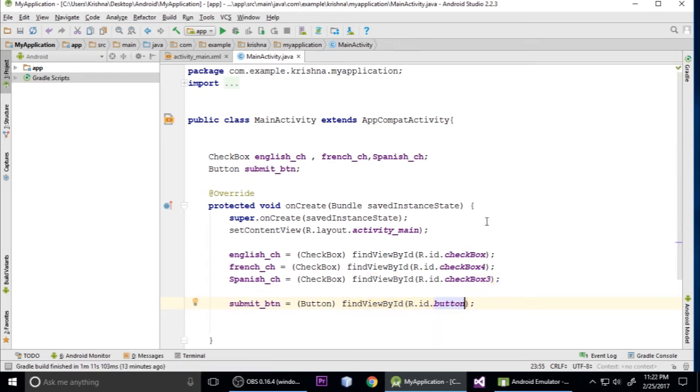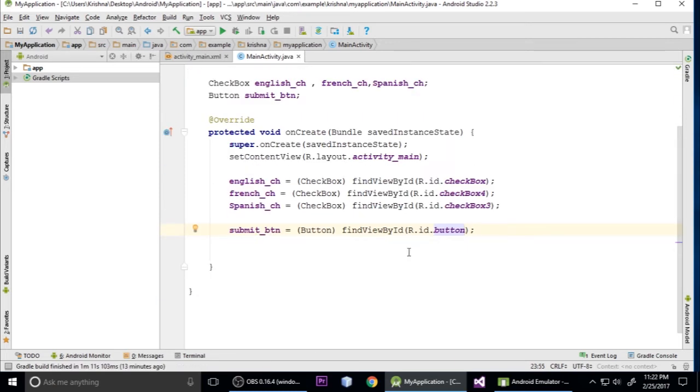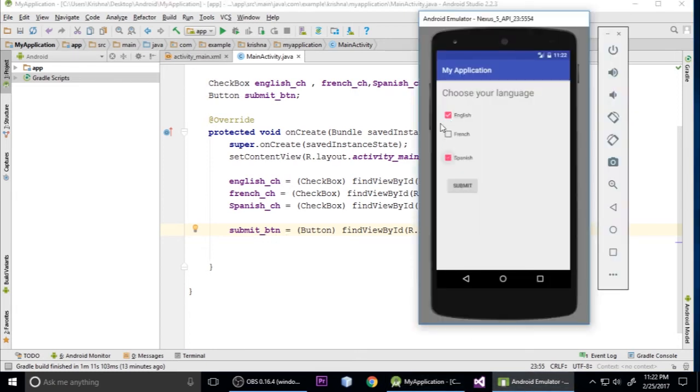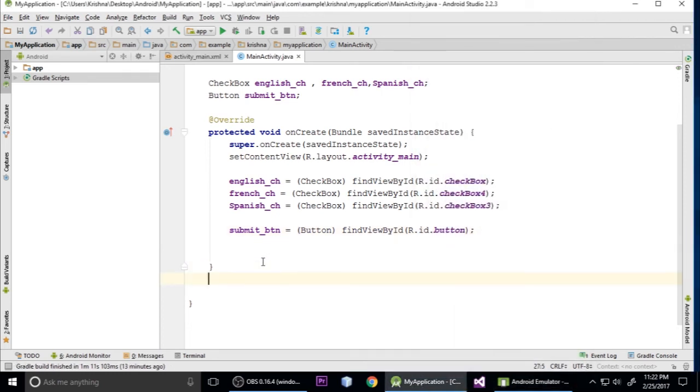Okay, so now friend, we need to add an event listener on the first checkbox. Okay, an on change listener here. When I check it, it shows a toast message. So for that, create a method,